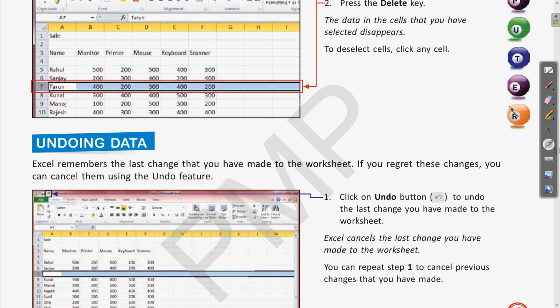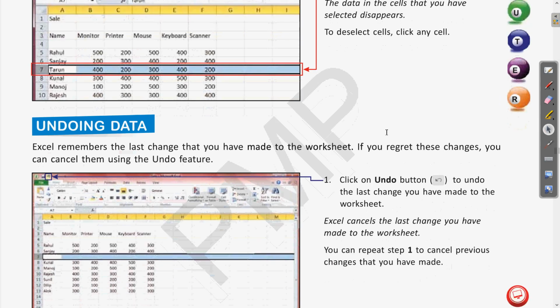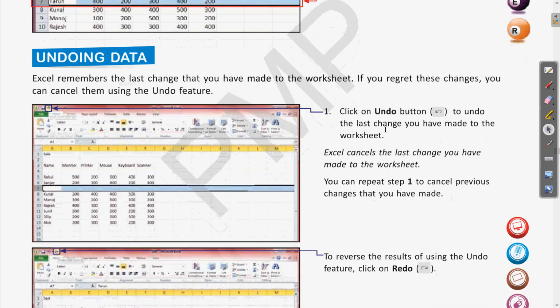So if you have deleted something or changed something and you want the previous one back, for doing that you have the undo button present at the quick access toolbar. Clear? You already know the shape of this undo button.